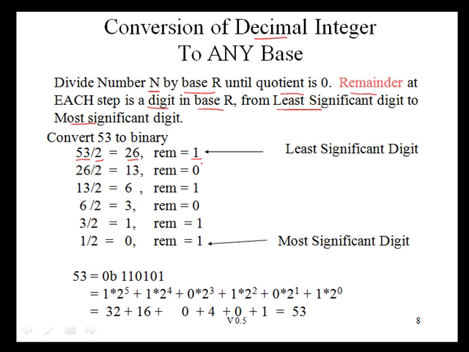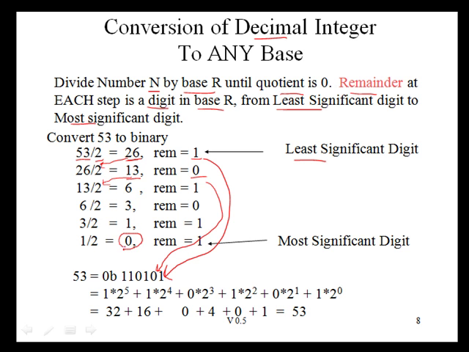So this is going to be our first digit, and this digit is going to be our least significant digit, which is going to be our rightmost digit, and that's going to correspond to this digit right here in this number. So we'll now take that quotient 26, bring it over here, divide by 2, we'll get 13, a remainder of 0. That's our next digit, which is going to be that digit right there, and we'll keep proceeding. So now 13 over here, divide by 2 is 6, a remainder of 1, and proceed on until we get,